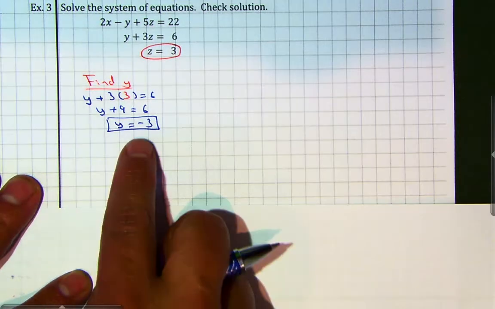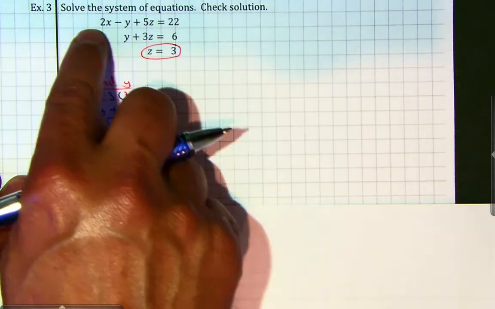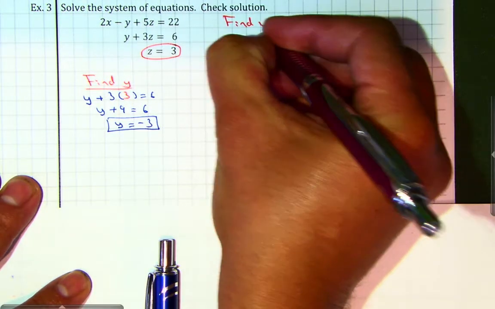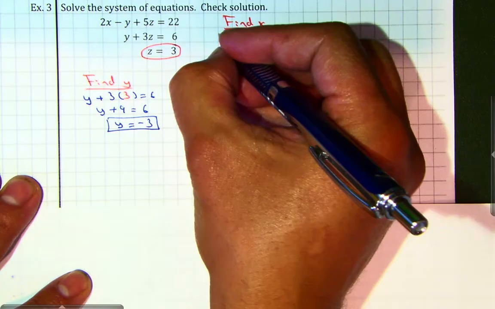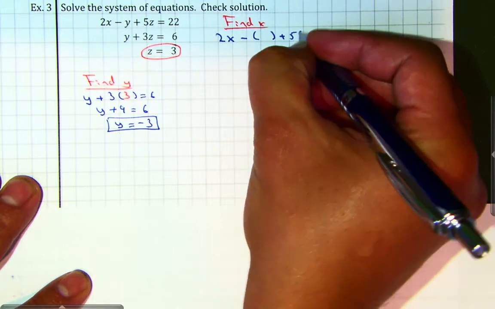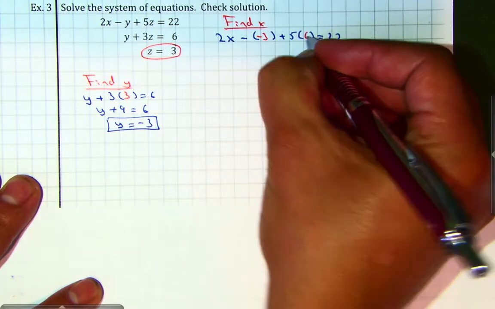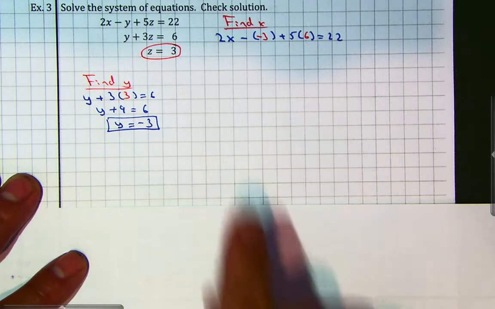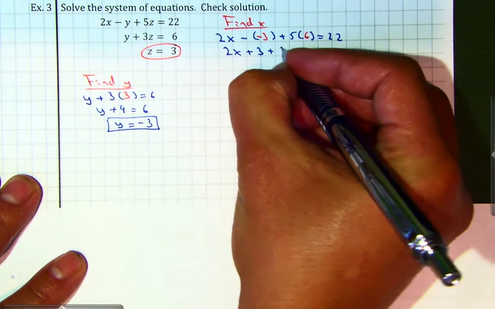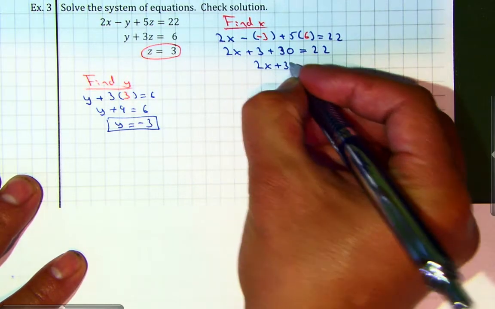And now I'm going to take the value of z and the value of y, and I'm going to plug them back into the first equation so I can find the value of x. So let's go and find x. So therefore it will be 2x, that's what I'm looking for, minus y, which is negative 3, plus 5z, which is 3. So therefore that is negative 3, that is 6. And now I can just solve for x. That is the only variable that's left. So therefore I have 2x plus 3 plus 30 equal to 22. 2x plus 33 is equal to,